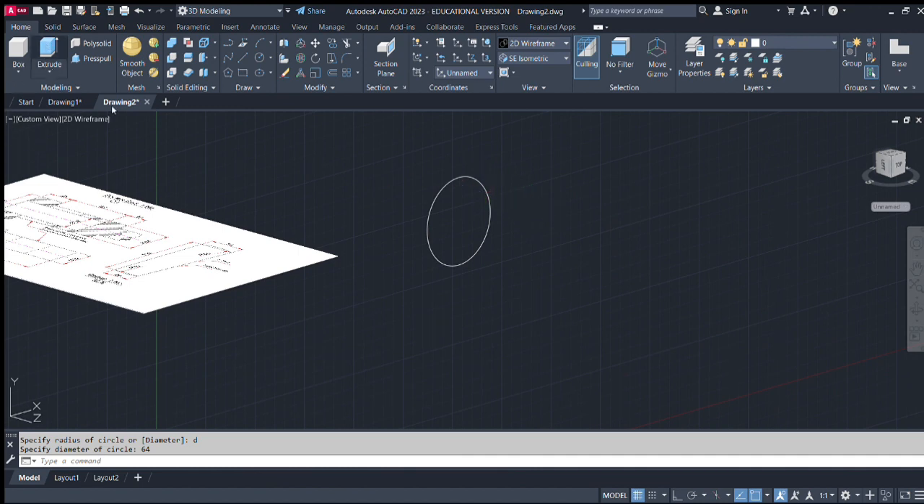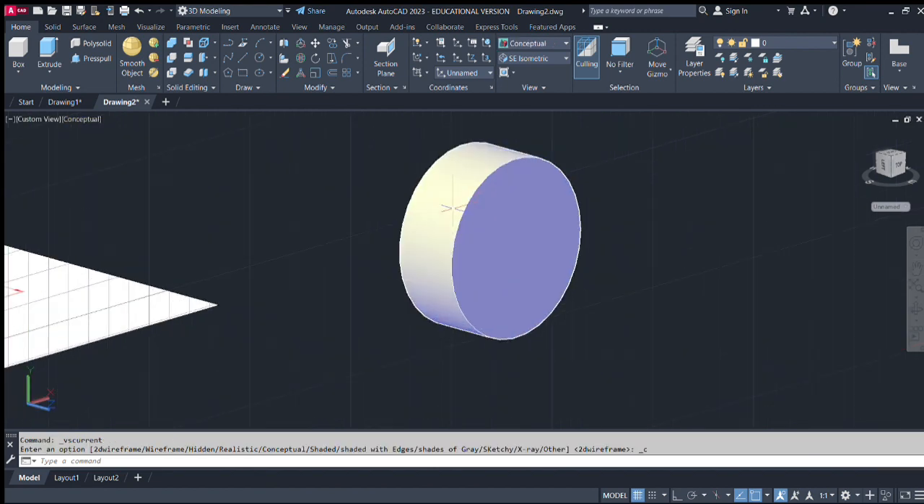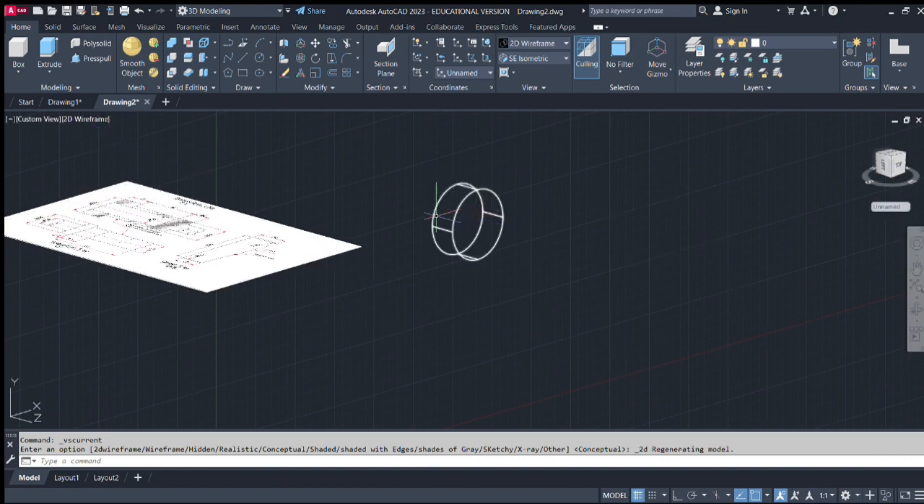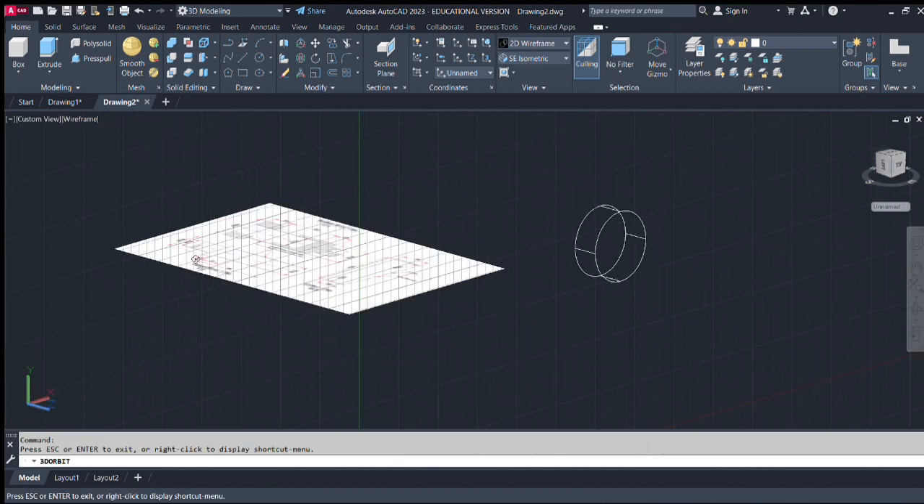I have to extrude that up to a thickness of 25. So extrude, select this object and give the length of 25, and there it is. You can see the 3D view also. So it is already a disc of 64 diameter and 25 thickness. Going back to 2D wireframe. Now our next aim is to draw